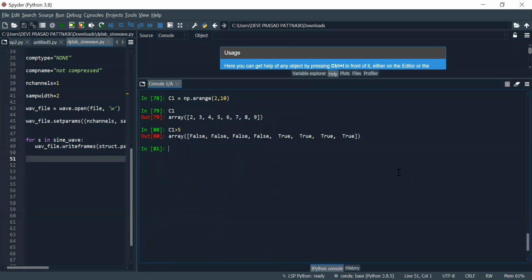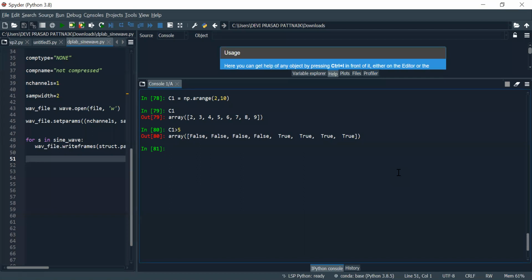I'm getting an array showing false 4 times and true 4 times. It means it is comparing all the elements of the array with the value 5. So is 2 greater than 5? It is false. That's why the first element is false.